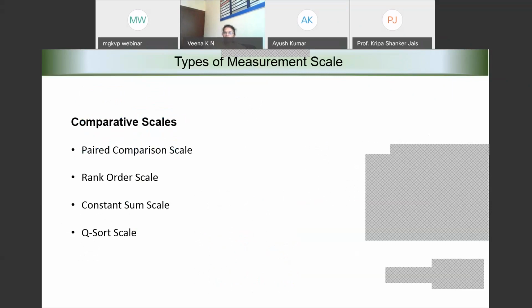Within the comparative scales, we can have again different types of possible scales that we might design our questions with. One of the possible scales is paired comparison. What do I mean by paired comparison? Suppose I want to understand the features the consumers would like to have in a new product.